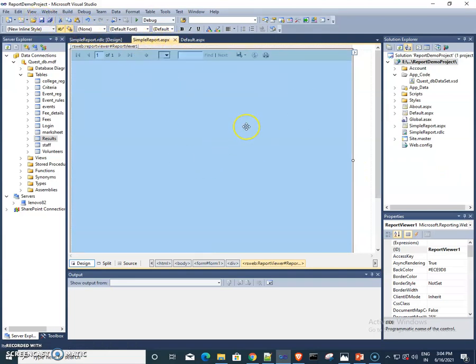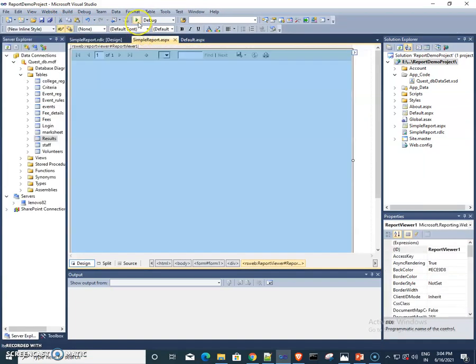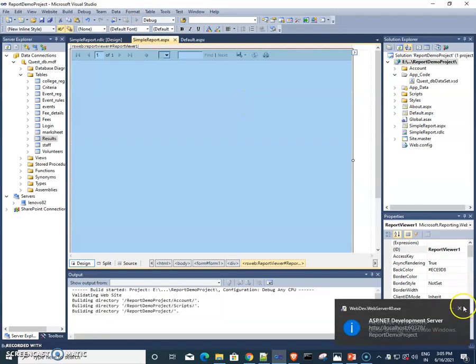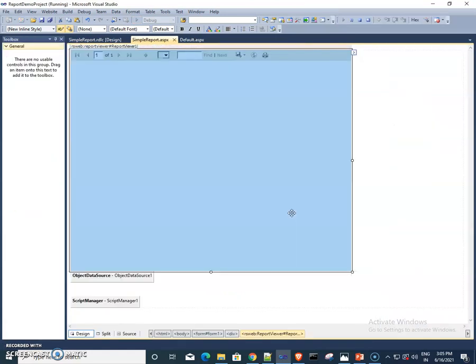Now inside this report viewer, this report will be displayed after running our page. So I'm running it, see what we get as output. So this is the simple report. Whatever data is present inside the database table, we display on the report.